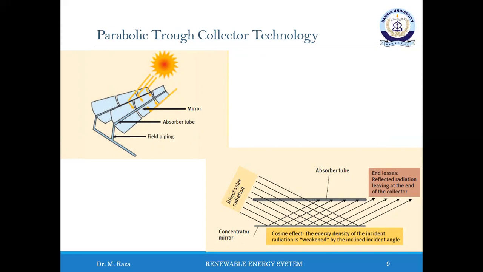In addition, the inclined reflected sun rays on the north end of the collector miss the absorber tube. This is known as end loss. In order to reduce the relative proportion of these end losses, the parabolic troughs are constructed to be as long as possible. Because the solar radiation during the morning and evening is weakened relative to midday as a result of the longer path through the atmosphere, on a cloudless day the usable energy per collector surface is fairly evenly spread across the day.